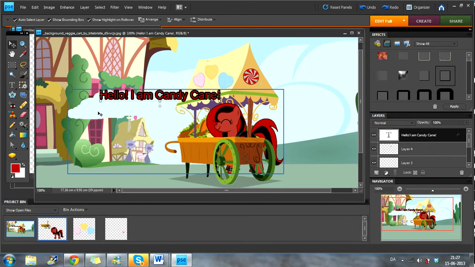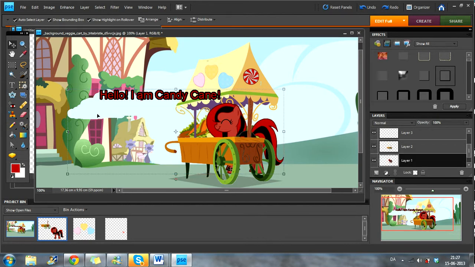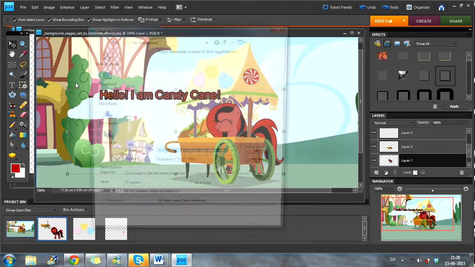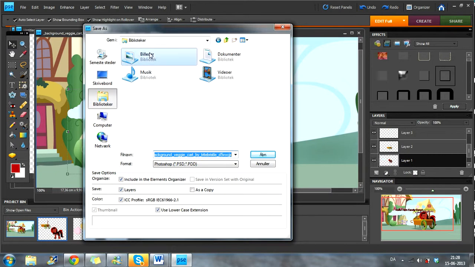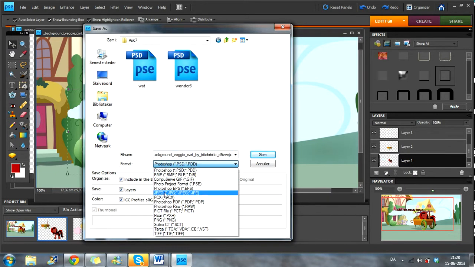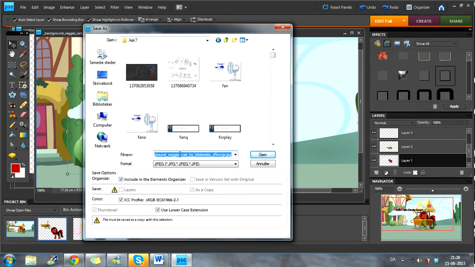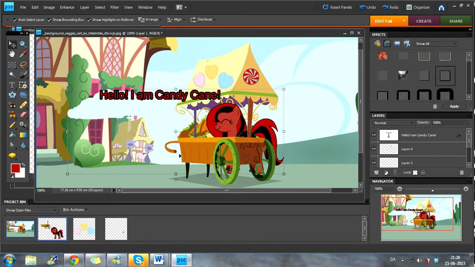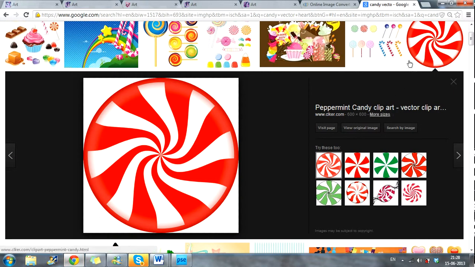Besides the vegetables and the graphic thing almost tearing this house apart, it's pretty much not perfect. But she's behind the card, and that's important. So save as, remember to save as, and then choose to save as JPEG or PNG. Call it something, hello, hello one, and there you just press enter. And that's pretty much it. Then you have the